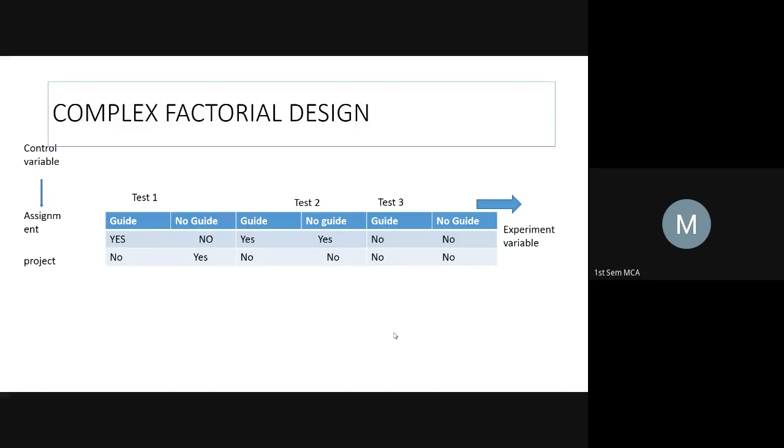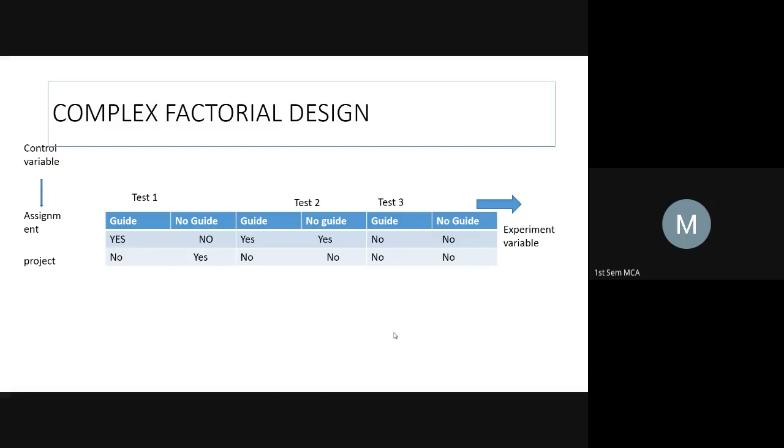If you are putting more complexities under this, suppose test 1 is the first level, guide and no guide is the second level. If it is guided, percentage of hours guided, percentage of hours not guided. No guide means this term becomes 0. So here you are going to put a numerical value. If guide, yes means 1, no means 0. And again in the guide, if I have guide means 40 hours, you give some numerical value, some scale, and more than 40 hours you give some value. So you are going to evaluate this.